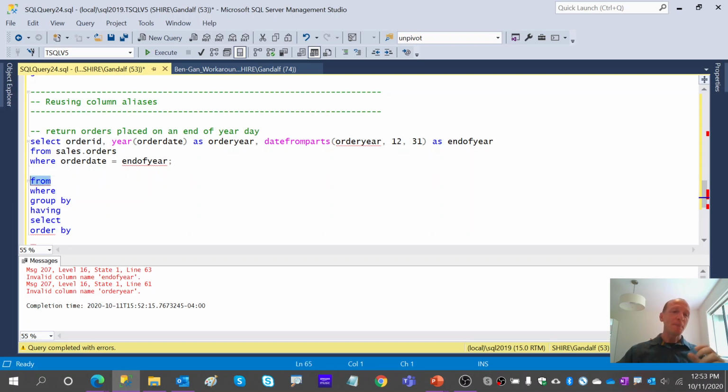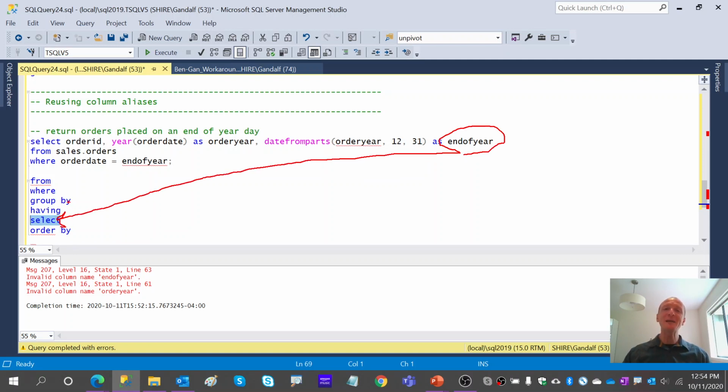So first, the language has to figure out which tables are involved and any table operators like joins. Then do we need to filter anything? Do we need to group? Do we need to filter groups before we get to the select to prepare the heading for the result table? So clearly then, anything that you define within the select is not really visible to any steps that are evaluated before the select. That's why you cannot use aliases that you define in the select in places like the where, the group by, the having, and so on.